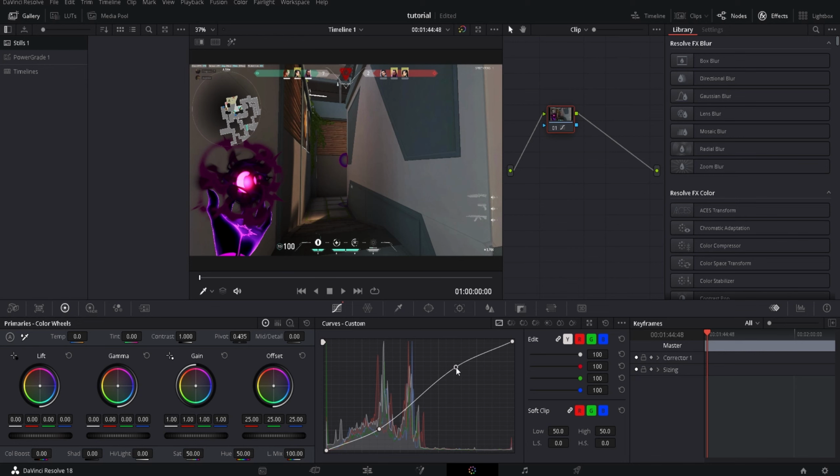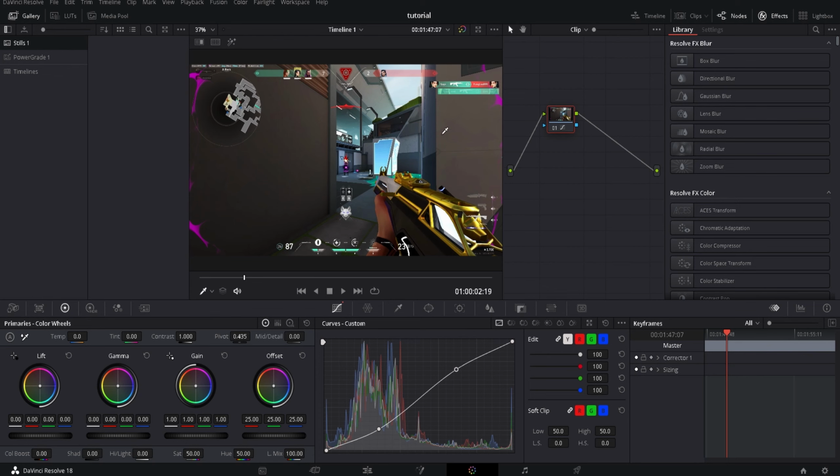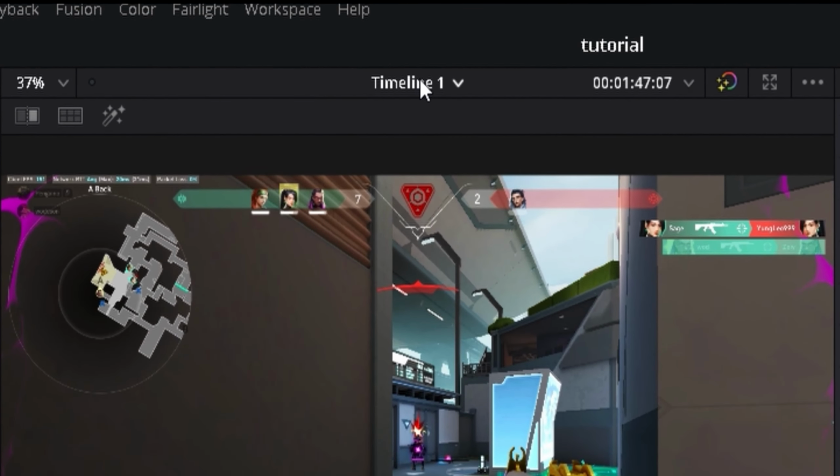So just something like that. Just a slight little S in it. And this just makes it look a little bit better than stock. So once we have our little S curve, we actually go up here to beside where it says timeline 1,